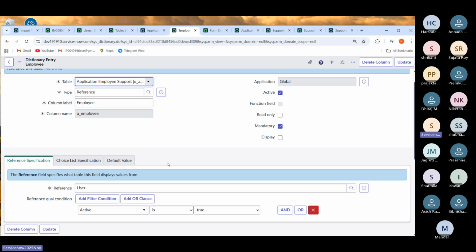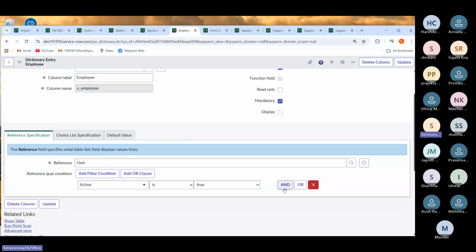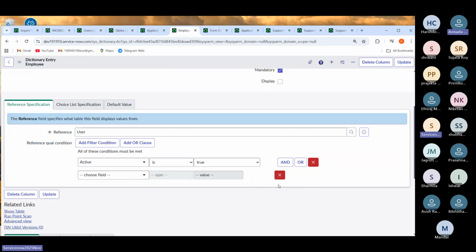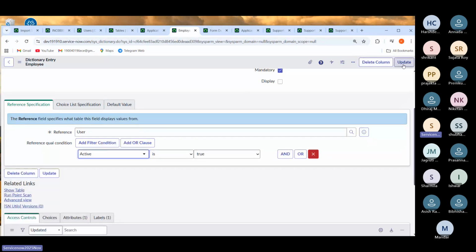So in that case, I'll mark active as true. I'll put this active true condition. It's not that the active true condition always applies, it depends upon the client requirement, but in 99.99% of cases it will be the active true condition. You can add other conditions also as per the requirement, using this AND or OR. You can add multiple conditions. So if we click on update